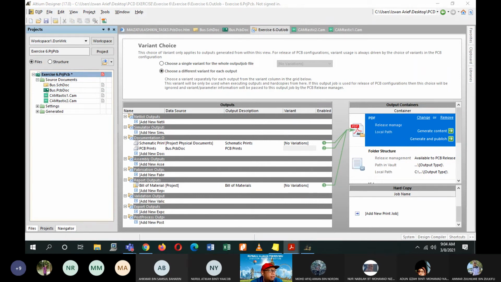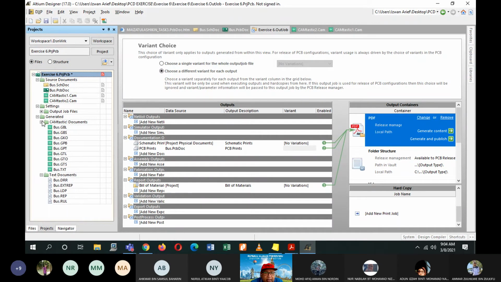Alright, so I already have my PDF file here, but basically you can look under the text document here. Camtastic document .gbl, .gtl, .gto, .txt, the 4 files which are important for you to have before submitting to the fabricator.